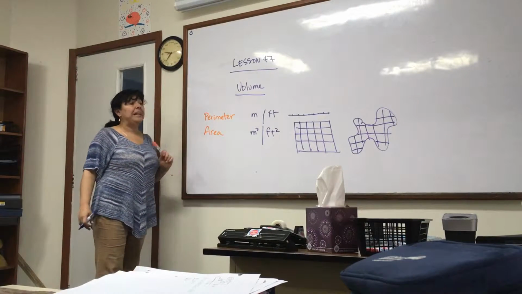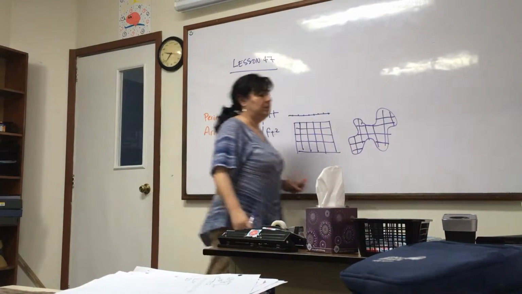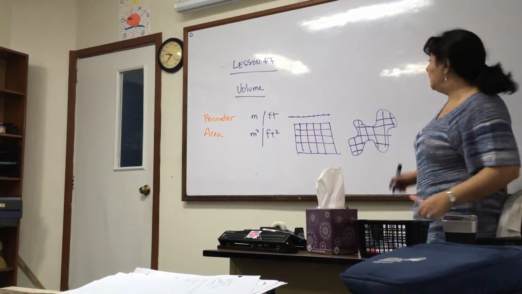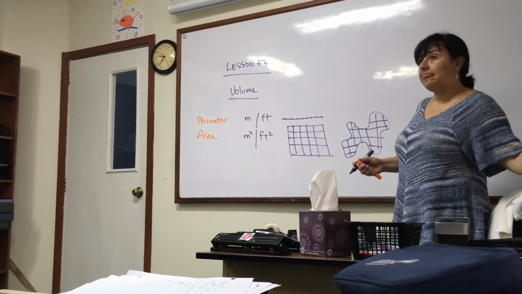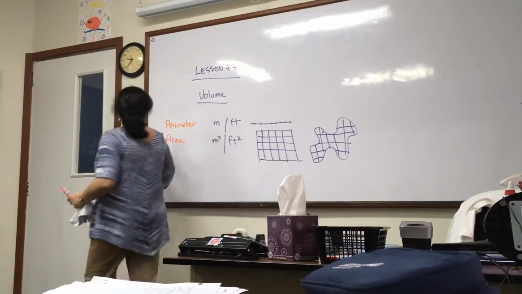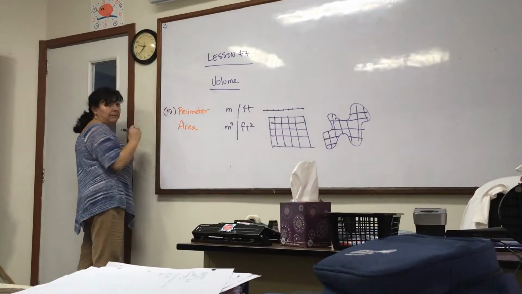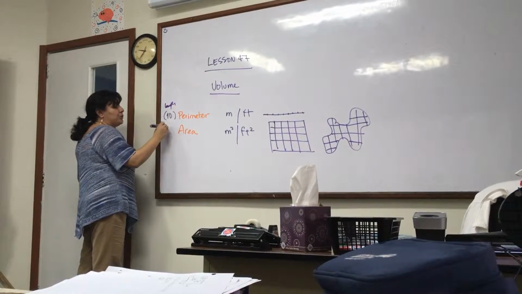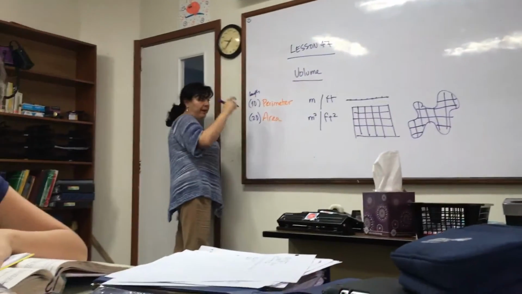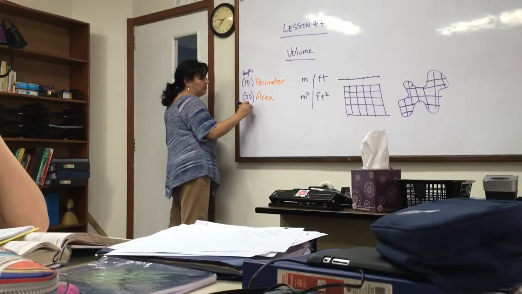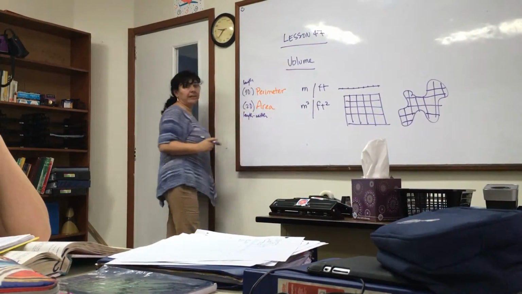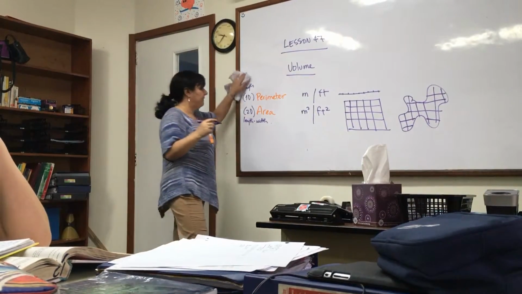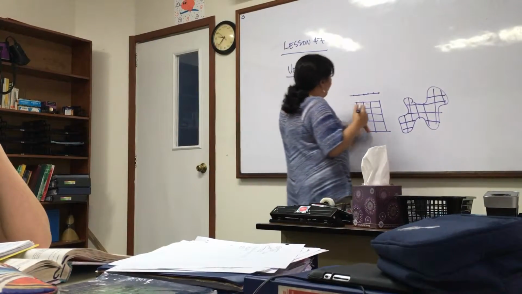So, perimeter and area. Now, we're going to look at the last one, which is volume. And volume is no longer flat. It's 3D. Volume is 3 dimensions. Actually, perimeter is 1 dimension. It's just length. Area is 2 dimensions, length and width. And volume, like Johan said, is 3 dimensions, which means